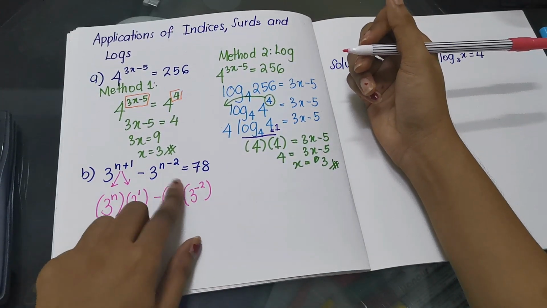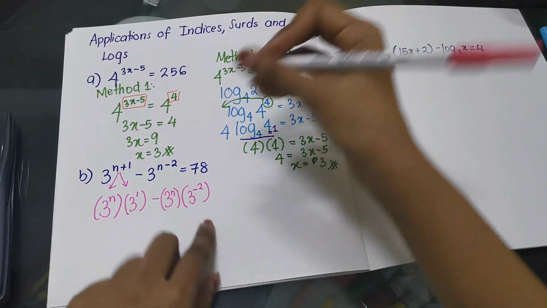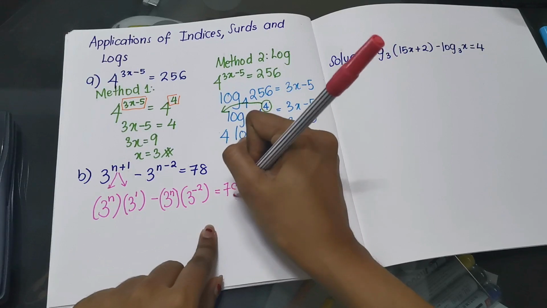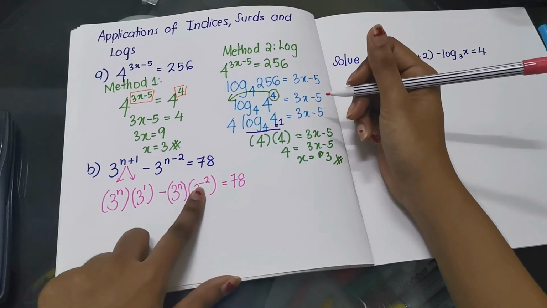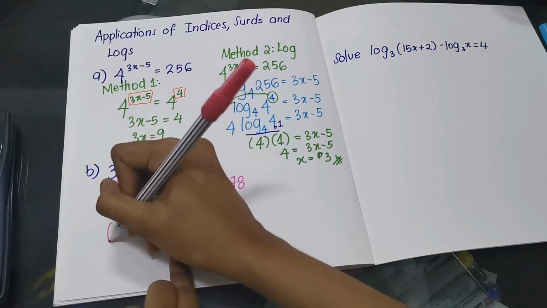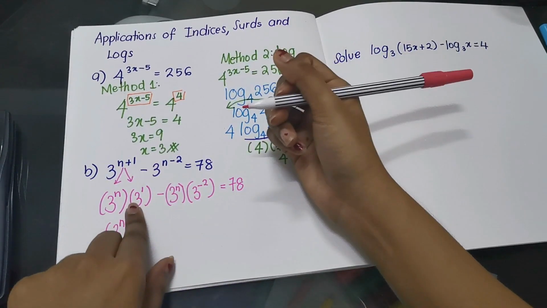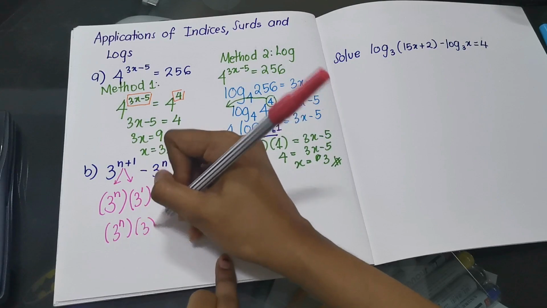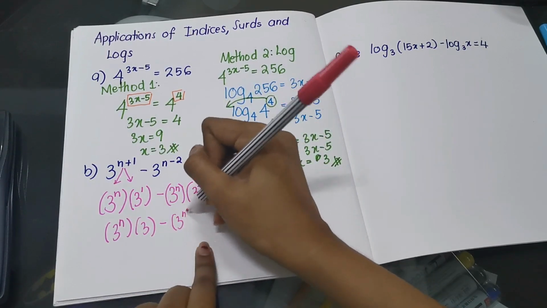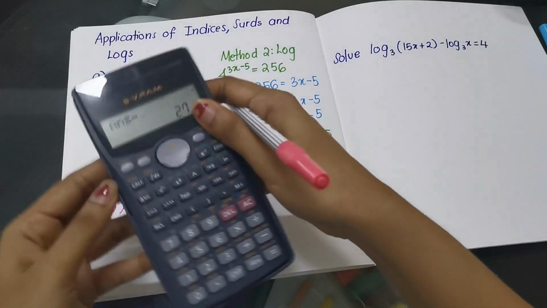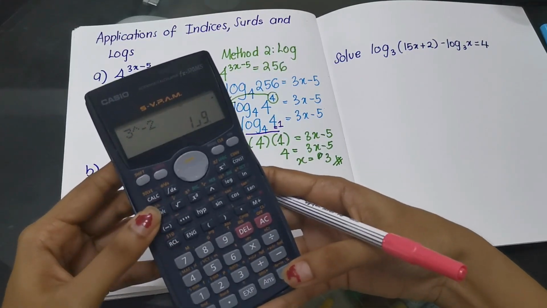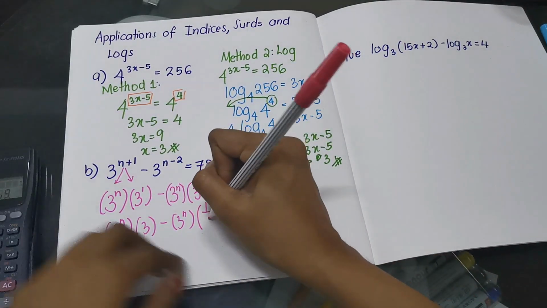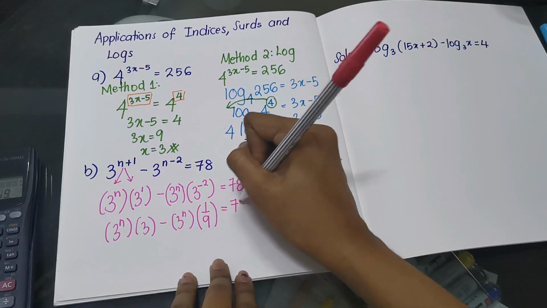Okay, then only if you plus, you get n minus 2. And this one still remains as 78, because this one we can't change to base 3. So now what's going to happen? I'm going to write the values of k. What is 3 to the power of 1? 3. Okay, this one 3n. What is 3 to the power of negative 2? If you're not sure, you can always check. 3 to the power of negative 2 is 1 over 9. So we write here 1 over 9 equals to 78.